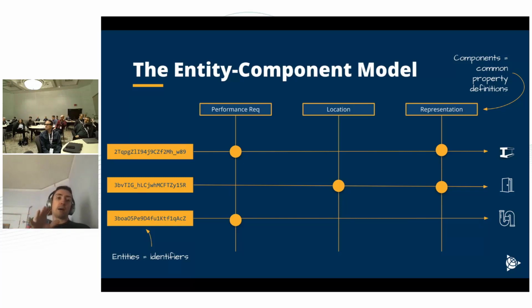The key point about an entity component model is how these two pieces, the entity, which is the identifier, and the components, which are like the standard definitions, interact with each other. You can see that any entity, if you look across the row, like an I-beam, can have multiple components as part of it, and a component type, like a location, can belong to multiple entities. By filling in this matrix in different ways, you build up a compositional model where you can have a bunch of information that all follows similar rules applied to different entities. Something is not just a door anymore, but can have different points of view. So